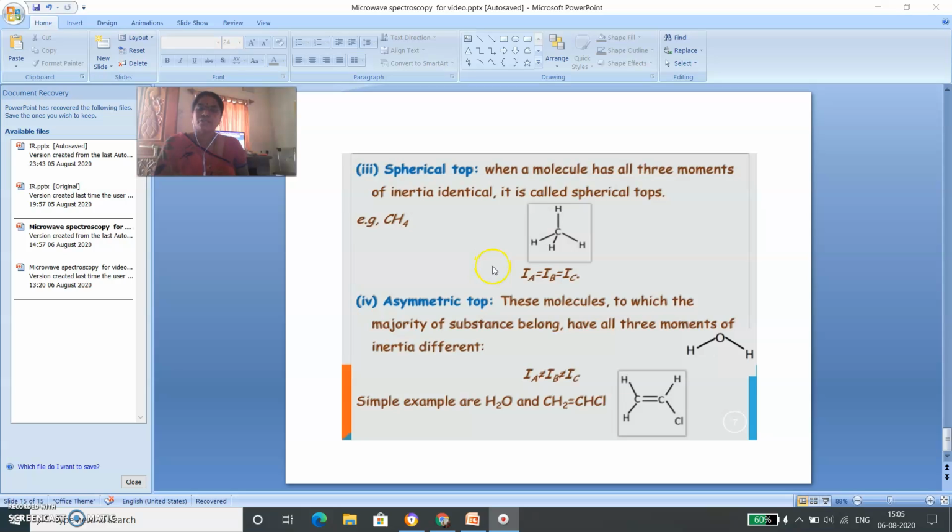So overall, in case of rotational spectroscopy, we have derived the selection rule from the Schrodinger equation, with rigid rotor and equal spacing, then afterwards spherical, symmetric, asymmetric, linear tops. So among all these 4, spherical tops are not eligible to exhibit microwave or rotational spectroscopy. So with this we have completed microwave spectroscopy.